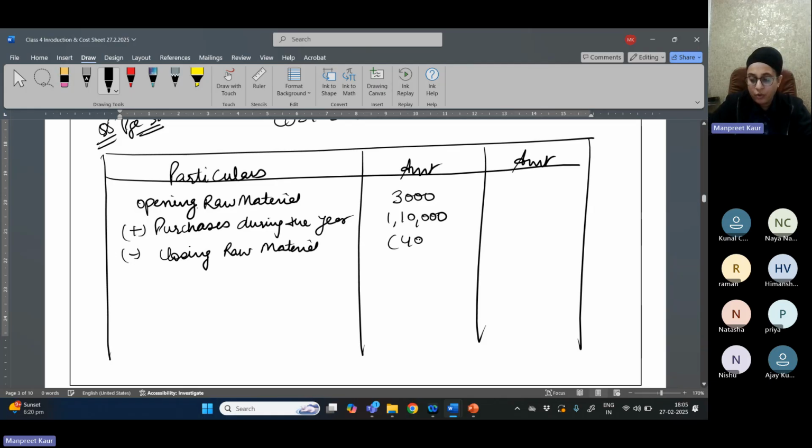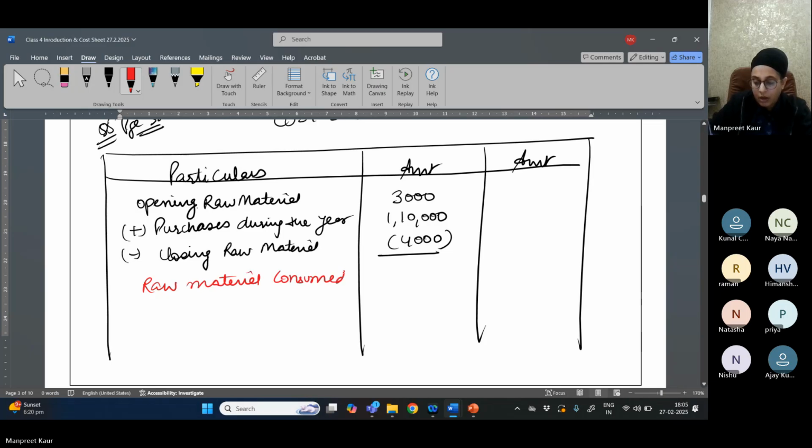That is 4,000. We will get the raw material consumed. Amount is 1,09,000. Next, we will add